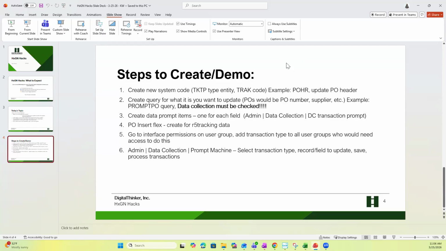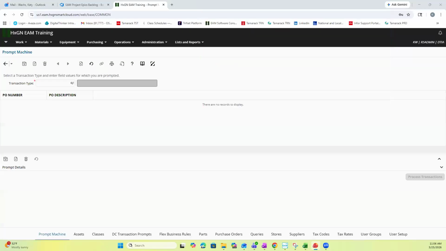Then you have to do a flex on R5 tracking data. And then lastly, you have to add the interface permission to the user group. So that's what actually gives the user access to update that transaction. So that being said,